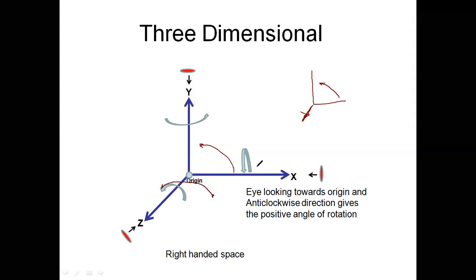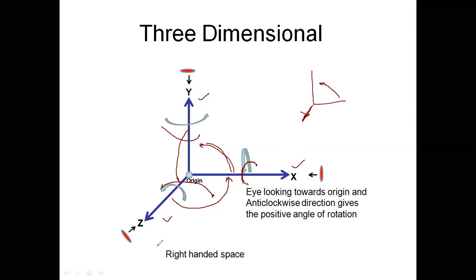Likewise, if an object is rotated along the x-axis, we are moving from y to z. From x to y we were moving in the previous case, and from y to z we are moving here. When we are rotating along the y-axis, then we are moving from z to x. So we have the rotation matrix for each direction, that is rotation about the x-axis, y-axis, and z-axis.